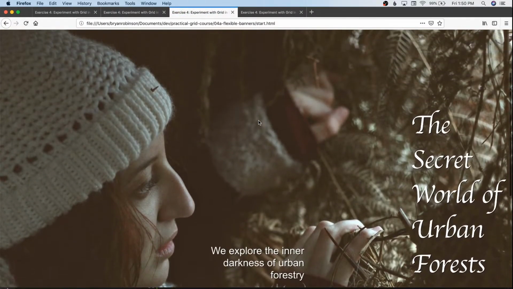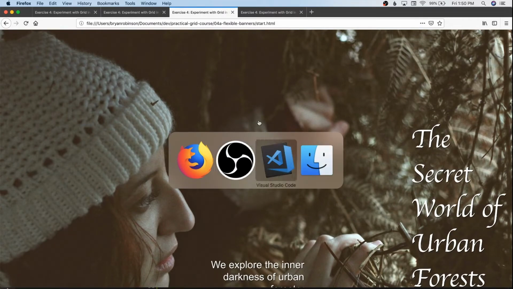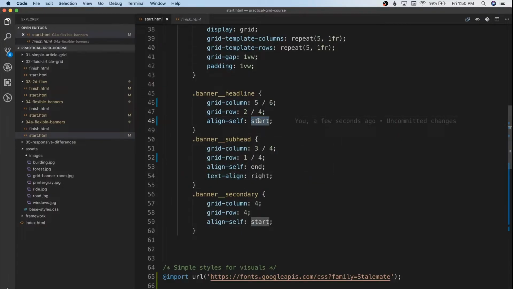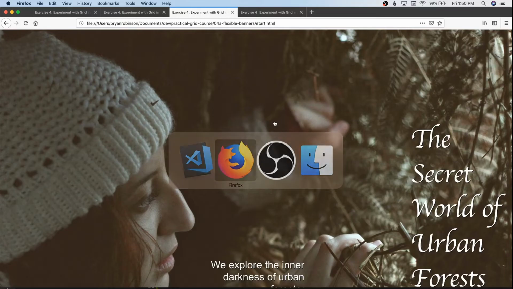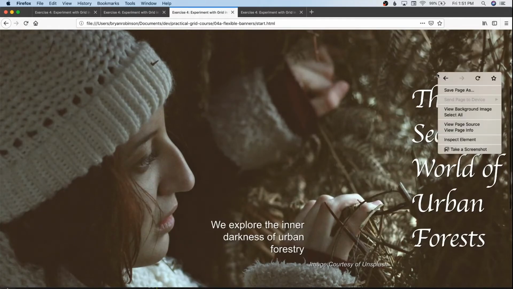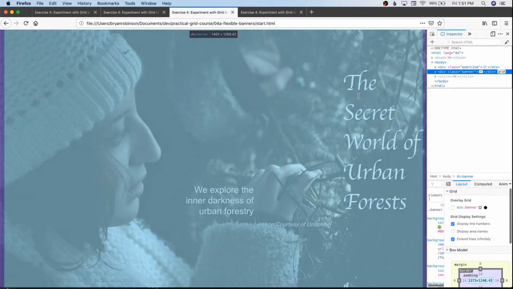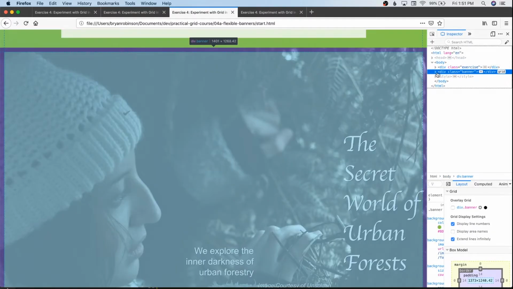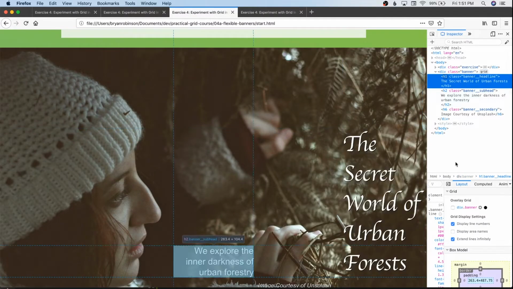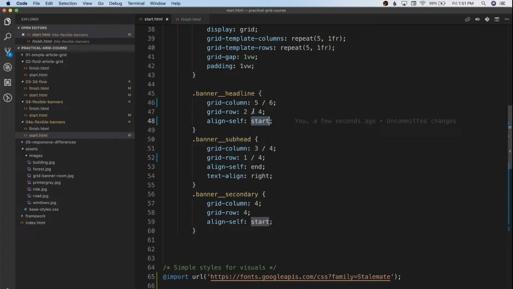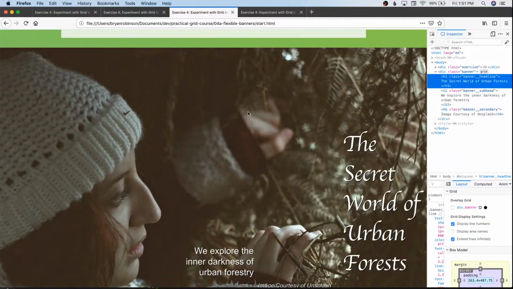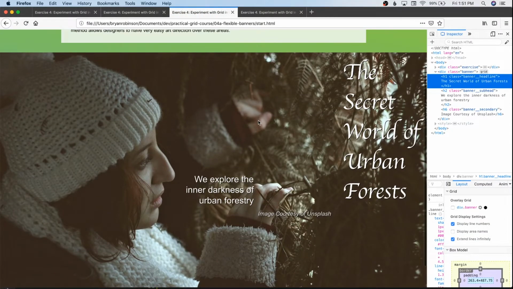So center's down there. I think I like it appearing at the start first. Or, so let's take a look and see why exactly it's not where we expect it to be. We've got our div class banner, we've got our h1, and let's see. Because our grid row is still set 2-4, and we want it to be 1-4. There we go. All right, so now it appears up there, and you'll also notice our background image changed size